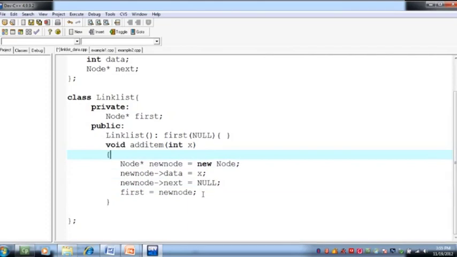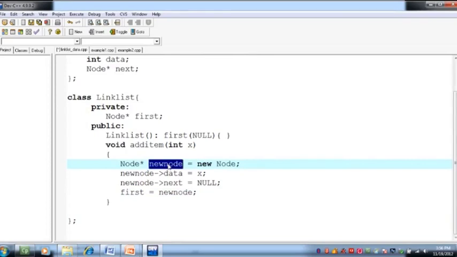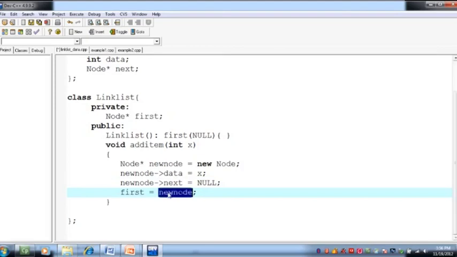ठीक है, and first points to the new node now, right? Now if we call the add item function the second time, उस टाइम पे वो नया नोड क्रिएट करेगा, let's say with the value 7। नया नोड क्रिएट करने के बाद उसने एड्रेस सेंड कर दिया न्यू नोड को, न्यू नोड के डाटा में वो इंसर्ट 7 और न्यू नोड का नेक्स्ट हमने नल कर दिया है और फर्स्ट में हमने न्यू नोड इंसर्ट कर दिया। That means first की जो previous value थी वो ओवरराइट हो चुकी है। That means जो उसने नोड 6 का एड्रेस होल्ड किया हुआ था that is overwritten now, and now it contains the address of the node that has a value 7, ठीक है।